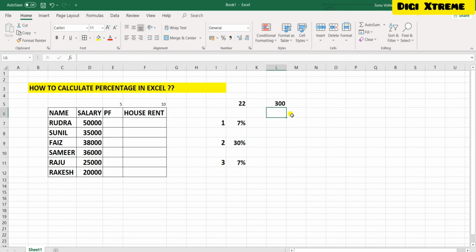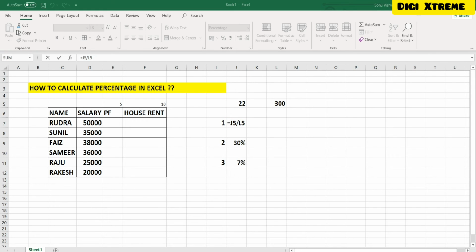One more thing: when we are making changes, this value and this value are getting changed, but not this one. Why? Because this is hard code. Here we have manually calculated, you can see, and on this section and this section we have applied formula. Let me show you the F2. See, when I'm pressing F2, it is reflecting the formula. We have manually typed the formula here. That's why it is getting changed. All right.